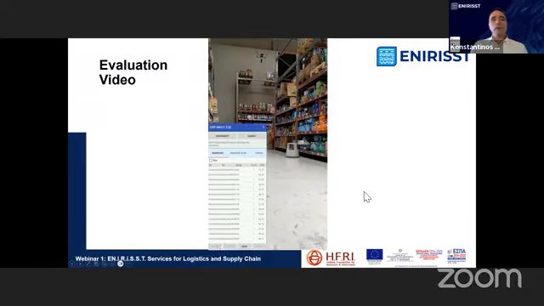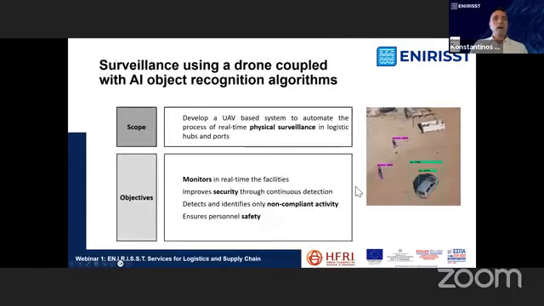Okay, I'm going to go to the next slide. So this is a very self-descriptive, I hope, video that explains the process. And as you can imagine, this saves tons of time for the warehouse manager and the warehouse workers from counting the stock physically. Now, the second application that we developed as part of the EN.I.R.I.S.T project is, again, a drone-based